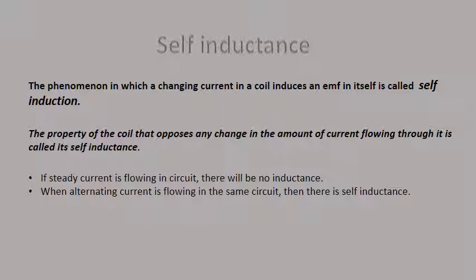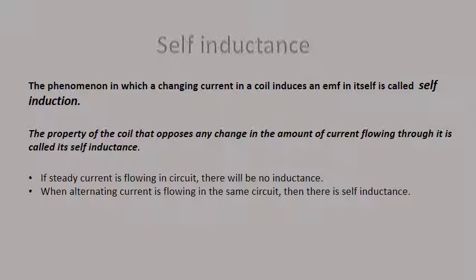So we have studied three different terminologies. Number one is self-induced EMF. Self-induced EMF means that where magnetic flux is changing, there is a new current in the same coil, and because of that the induced EMF is known as self-induced EMF. Next is the phenomenon in which changing current in a coil induces an EMF, called self-induction. And number three, self-inductance, is basically the property of that coil in which there is opposition to the new current that is flowing in that same conductor.